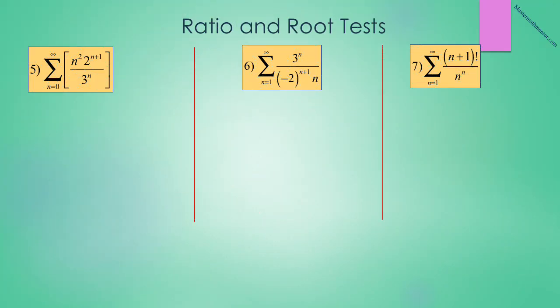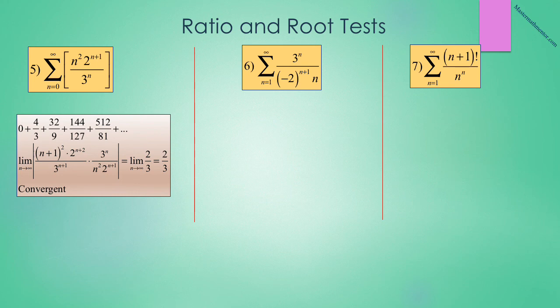In numbers 5 through 7, we are again asked to expand the series and then use the ratio test to determine whether the series is convergent or divergent. In number 5, we have summation n equals 0 to infinity of n squared 2 to the n plus 1 over 3 to the n. We generate our terms: 0 plus 4/3 plus 32 over 9 plus 144 over 127 plus 512 over 81 plus